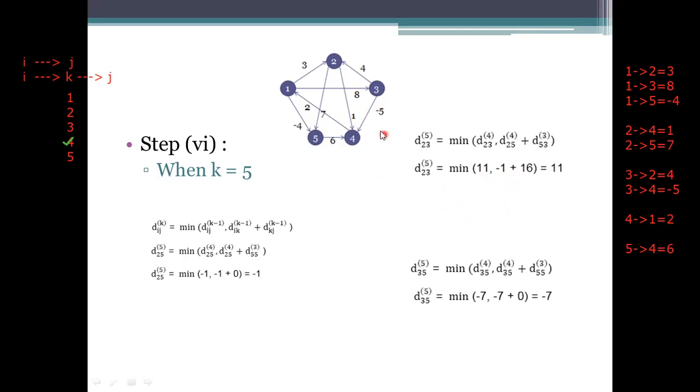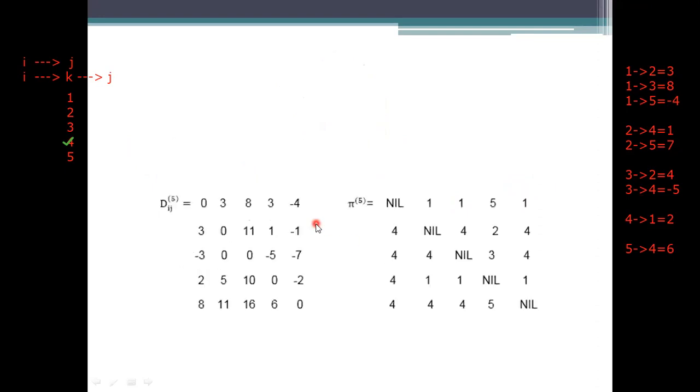And 3 to 5, we don't have the value directly. Previously we calculated -7 plus 0. Among that we have the value that is -7 only. Okay. If any updations have been done, update that one. If not, we need to leave that there only. So if we find the minimum value, we update now.